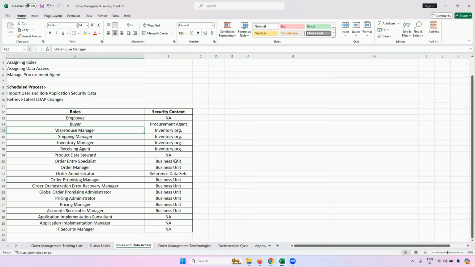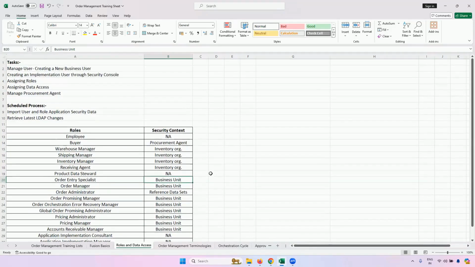In a similar fashion, business unit goes in a similar way. Suppose you are an order entry specialist in your organization, and your organization expects you only to create your order entries for one business unit, like suppose US one business unit. Then you need to assign him this role and give him the data access only for that business unit, so that he will not be able to create or view anything for the other business units. So this is a compliance policy or a security which Oracle has brought in, Oracle Fusion.